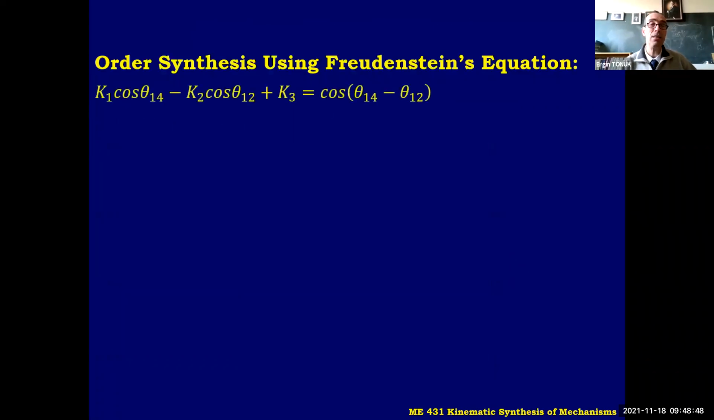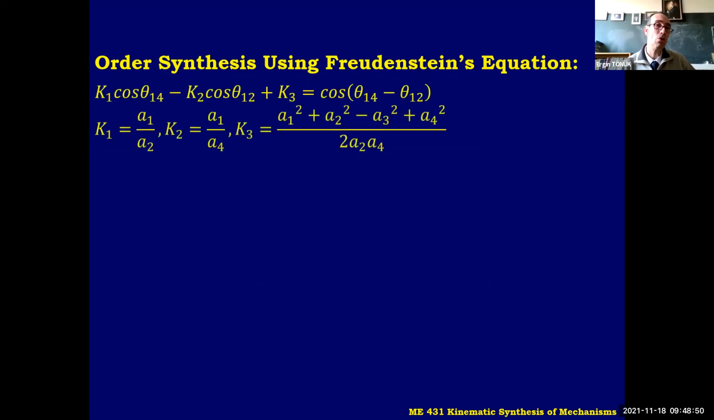Now, next, I'm going to show order synthesis using Freudenstein's equation. That is, rather than position, we can relate derivatives. Although it's not time derivatives, if, for example, one link is rotating at constant speed, it corresponds to velocity and acceleration